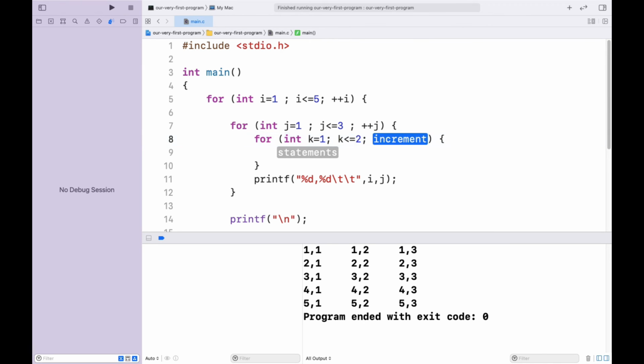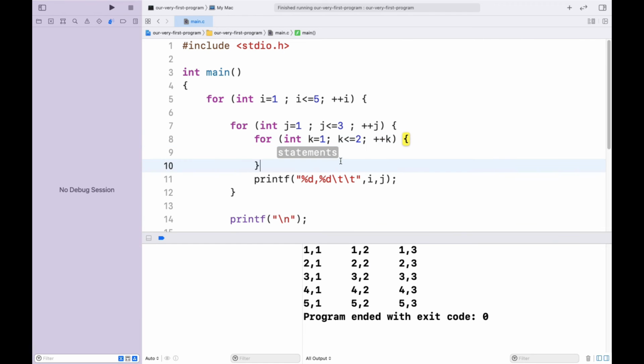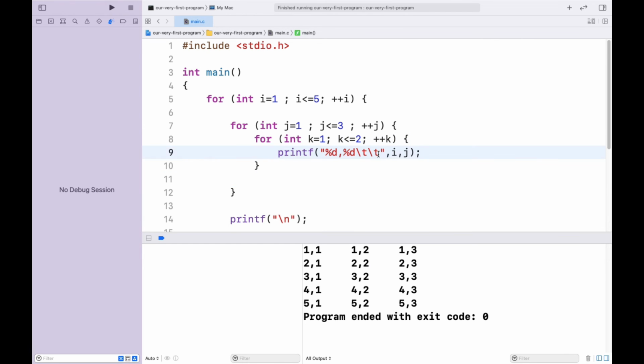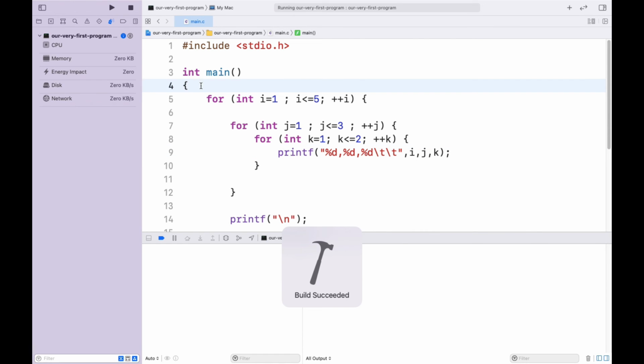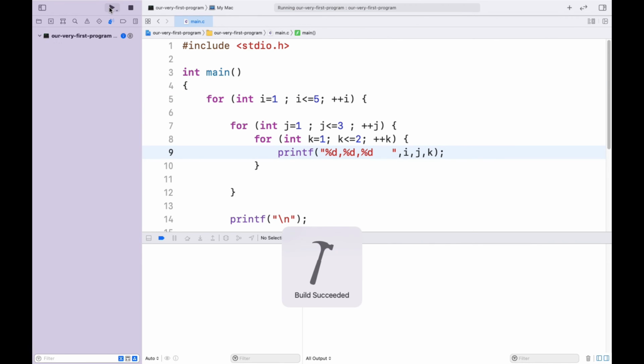So let's take 2 and increment it, and let's cut this statement and paste it here, and print the value of k also, percent %d, and we have k. So let's run this program. Okay, it is giving lots of spaces. Let's give the space manually.